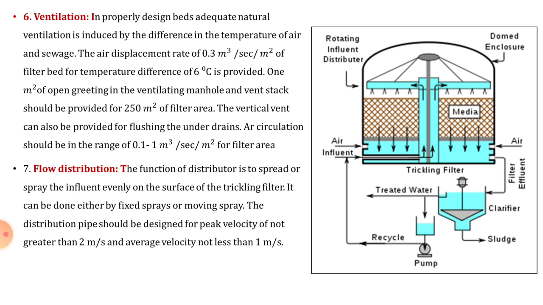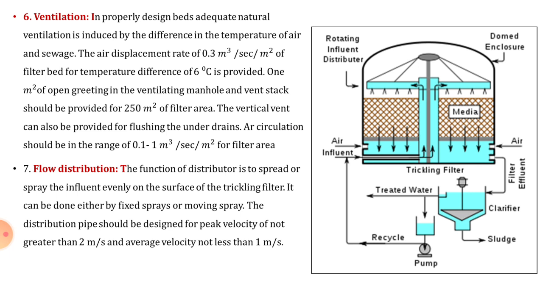So, if you see the figure, at the top the flow distribution system is provided. Below that, immediately the trickling filter media is provided. It may be of stone or slag. Below that, the under drainage system is provided, which is connected to the main collecting channel. So as and when the effluent is distributed over the media, the film will get created around the stones or the media, where the actual stabilization will take place.